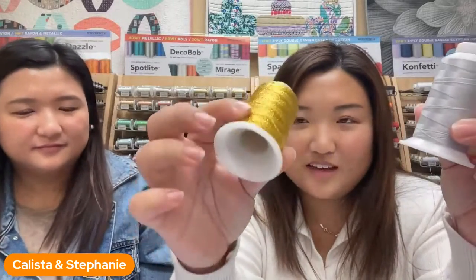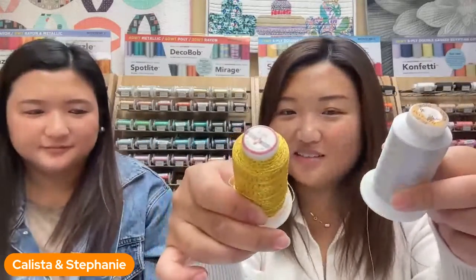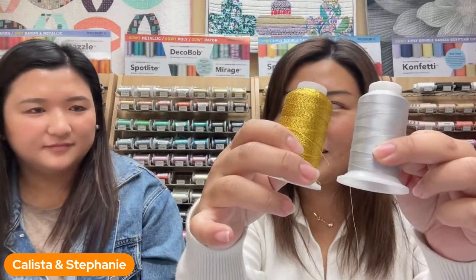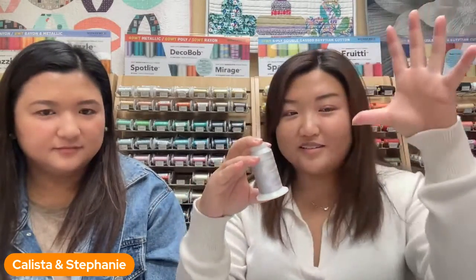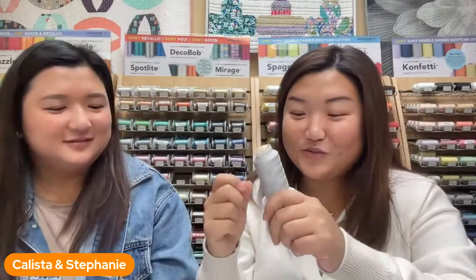And when you're using that heavy stuff, you can really see how much space it can take up, because this is about 9 times as much thread on this one as this one has. And Invisifil does come in one size even larger, which is I think a 10,000 yard cone. Yeah, so 10,000. If you're truly an Invisifil lover and you want Invisifil forever, then you can pick up one of those 10,000 yard